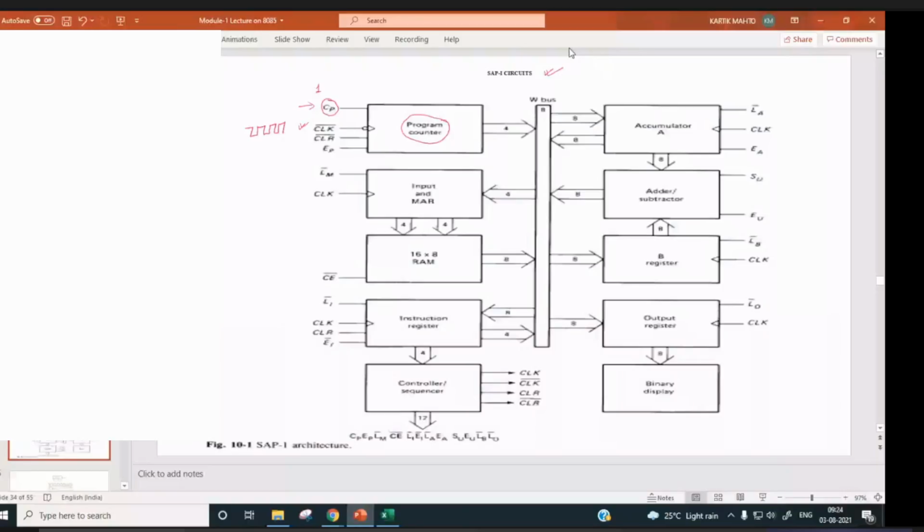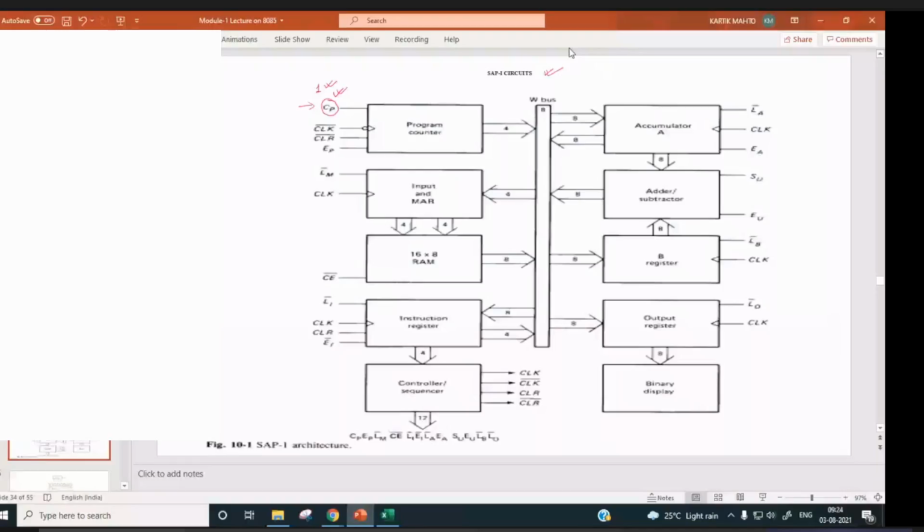So this program counter will count only when this CP control signal is made active. During any clock pulse, if CP is high, then the program counter will be incremented. Next, this program counter is of how many bits? It is a 4-bit program counter.